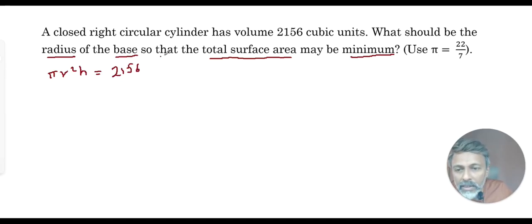We can leave this as equation 1. We should not differentiate this as it is a given quantity. We have to minimize the TSA of the cylinder. The formula for the TSA of a cylinder is,